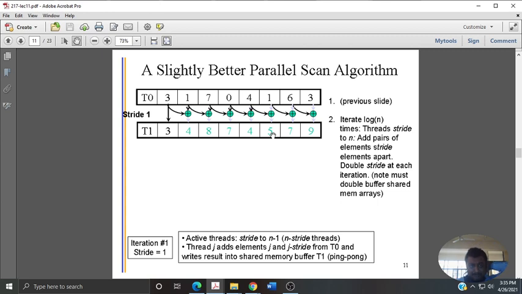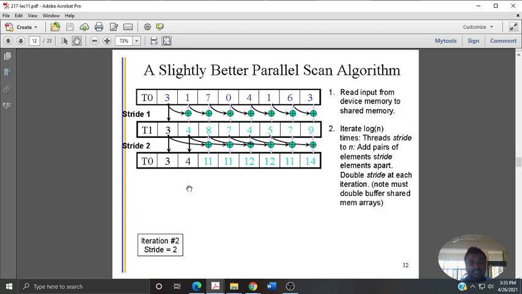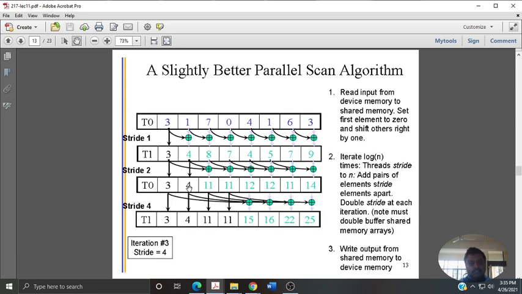So what has happened in the iterations? Initially you started by passing x0 as it is, then all the neighboring elements are added, then 2 apart, then 4 apart, so that finally after log n iterations, if you have n numbers, say 8 elements, and hence log n is somewhere 0 to 3.